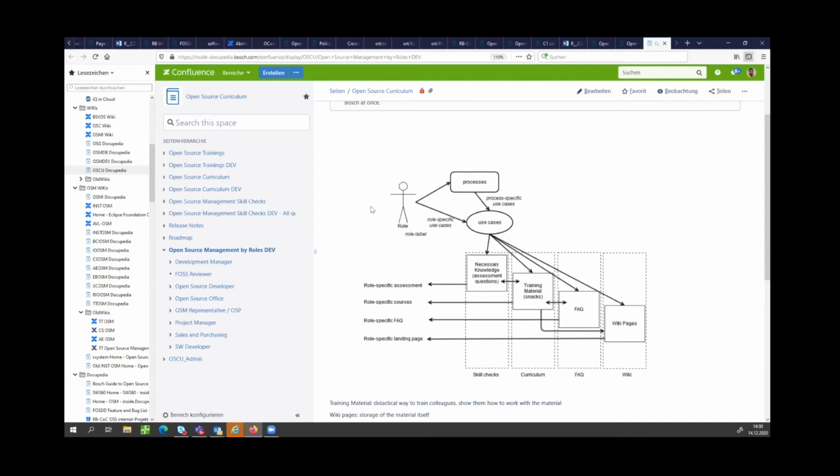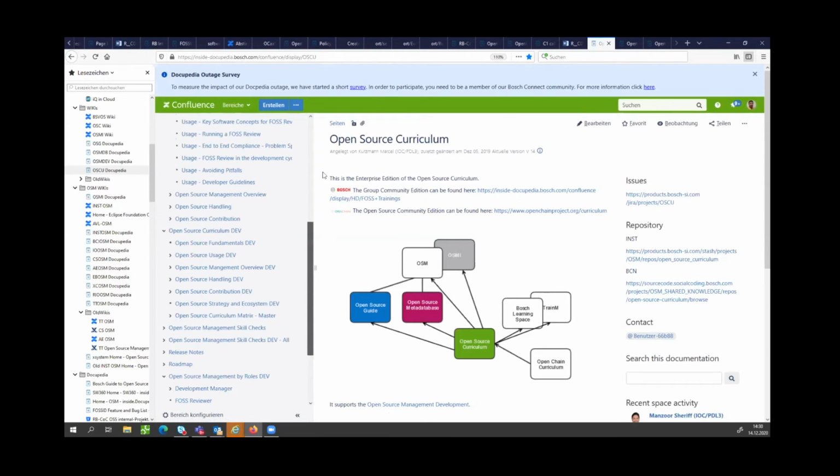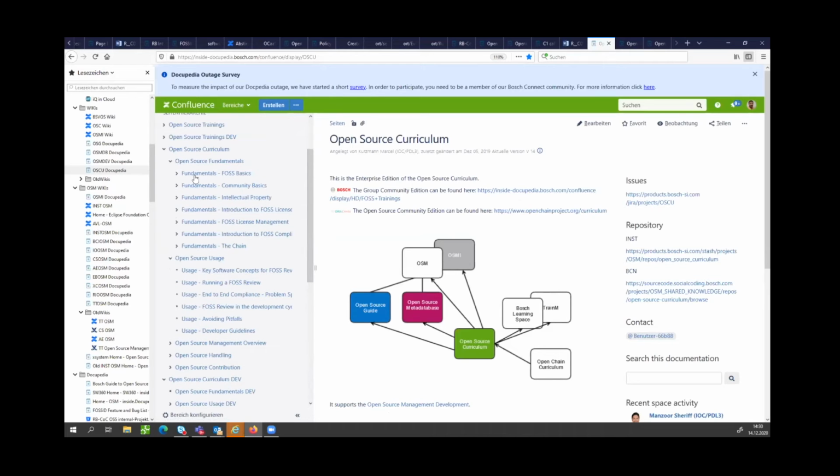And the second point, and this is exactly similar to what Sami just showed, is for those fundamentals at least, where we said, okay, this will not change that often because the basics are the basics. Then we also started to generate those web-based modules, but with sound, to be honest. As this is the tool we used internally, it's a robot voice. So you just have the text and the robot voice speaking the text, because the actors that you need